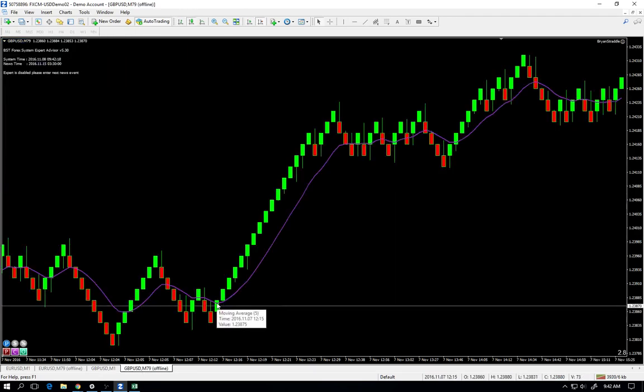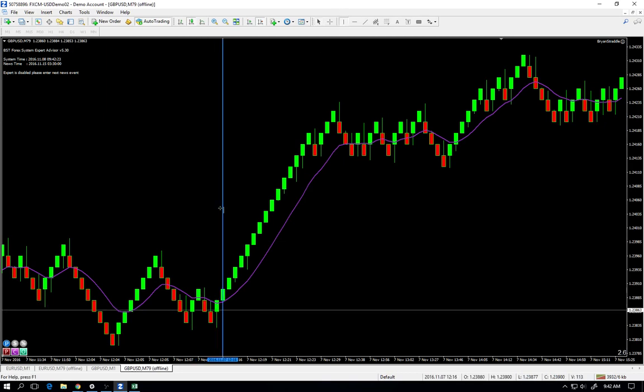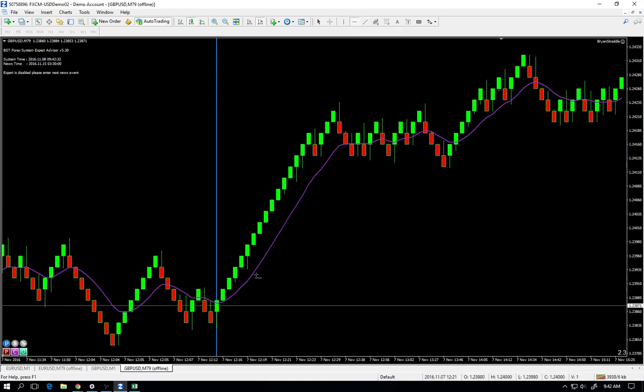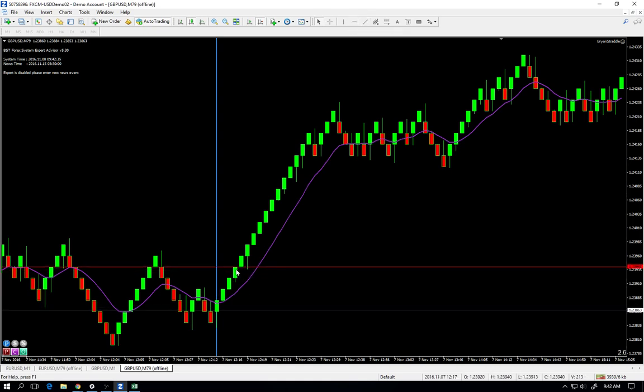Let's say this was our news candle right here. This is when news popped. Now we did a 6 pip straddle, so 2, 4, 6. Trade was entered here. So at the point of entry on this trade,